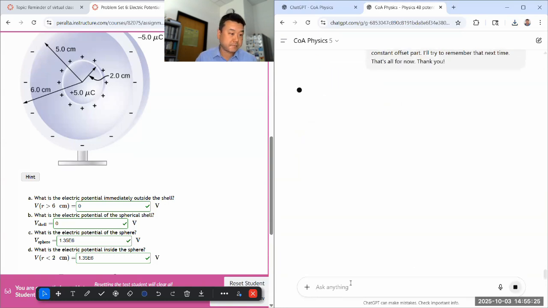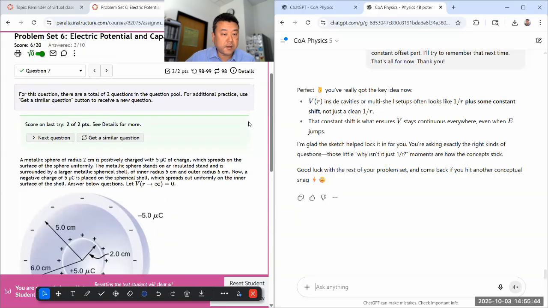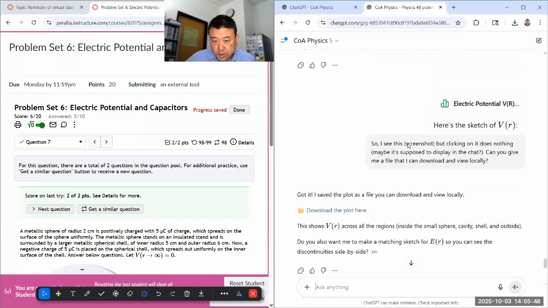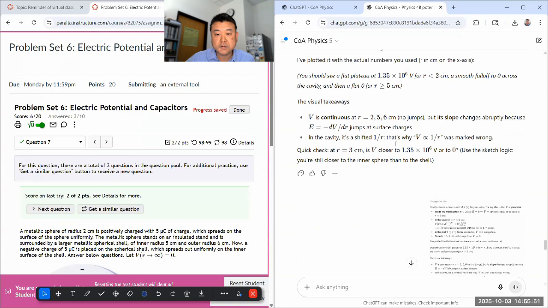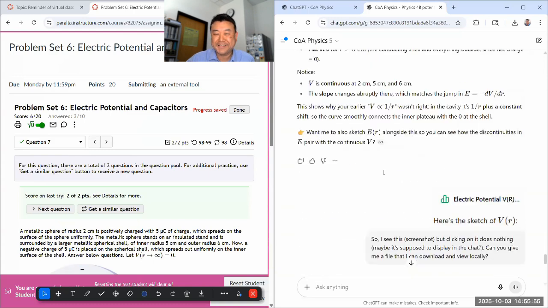So that's I think all the time I want to spend playing with ChatGPT, and I will update the CoA Physics GPT again over this weekend with the additional material that's upcoming next week: circuits and magnetostatics. While I'm doing that, I'll also update some of the system instructions, trying to address the issues I've seen in the last couple weeks, and we'll see.